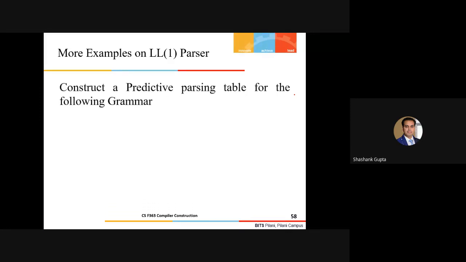So we pick this grammar, which is nothing but a grammar of identifiers, including this addition and multiplication and the balanced parentheses here. Fine. And we are assuming that this form of the grammar is fine. That means no left recursion, completely left factored, and most importantly, it is unambiguous. And I'm ready to do the parsing with the help of LL1 parsing here.